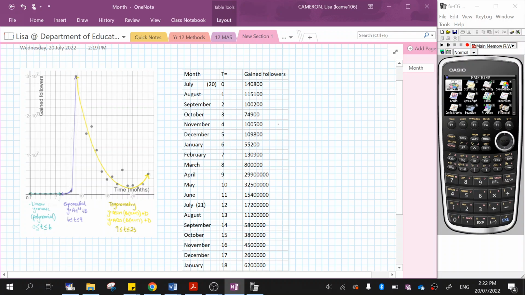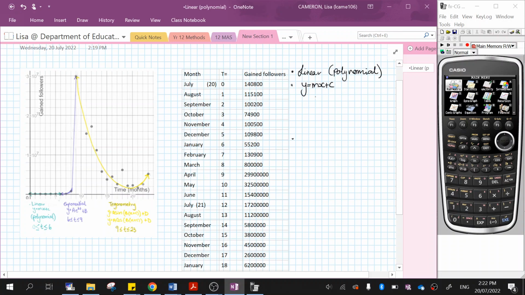So I'm going to start by writing out that I am looking for a linear model or a polynomial. Now if you're not doing a linear section and you're going to use a polynomial with a higher power, then you can skip to the next video, because you'll just need to fit your data in that case. So if we're looking for a linear model, that is in the form of y equals mx